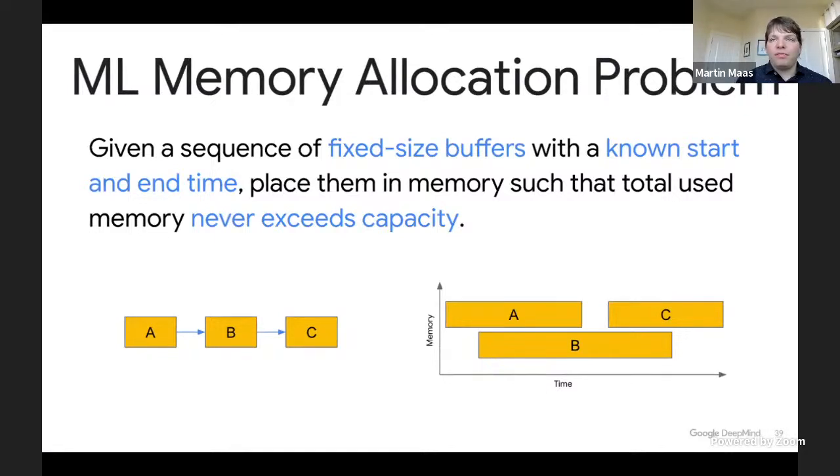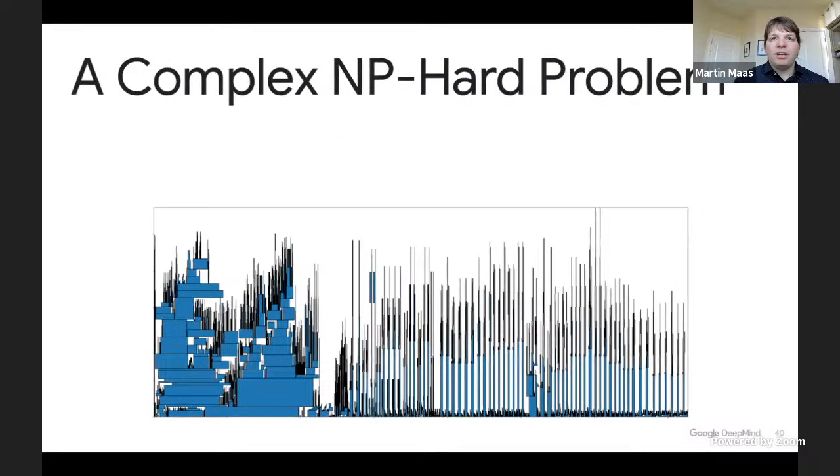So the resulting problem now looks like this. Given a sequence of fixed buffers where we know the start and end time, we need to place them in memory such that the total used memory never exceeds the capacity of the memory that we assigned it to. So for example, on-chip memory in this case. And it turns out that this is actually a complex NP-hard problem. So here's a real-world model and what this packing problem looks like. Basically, you have all these rectangles